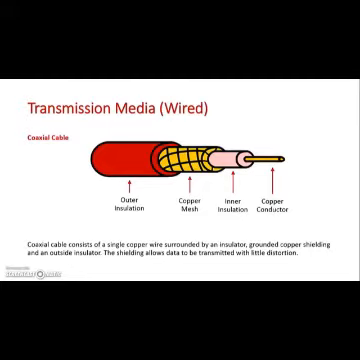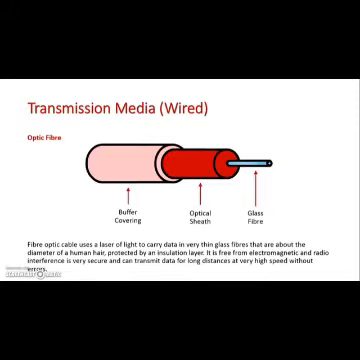The final type of transmission we'll look at is optic fiber cabling. Here we have a covering as well as a sheath, but instead of having copper conductors, it has a glass fiber which is very thin. This glass fiber runs the actual transmission many times faster than copper ever could. So it uses a laser light going down this glass fiber, which is the diameter